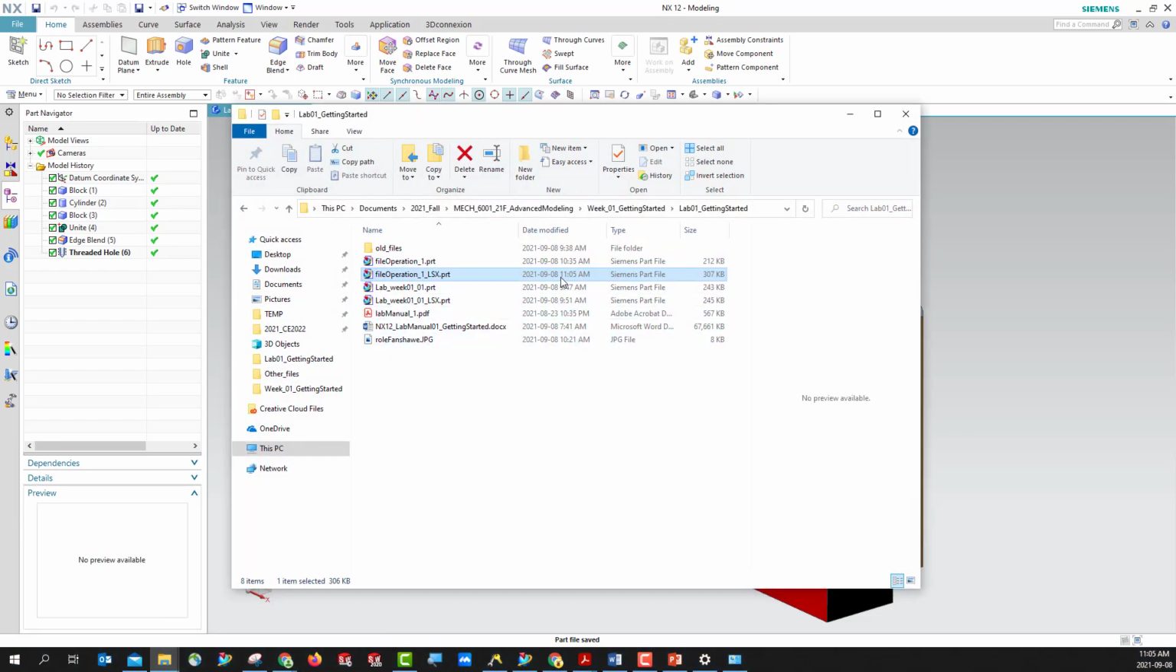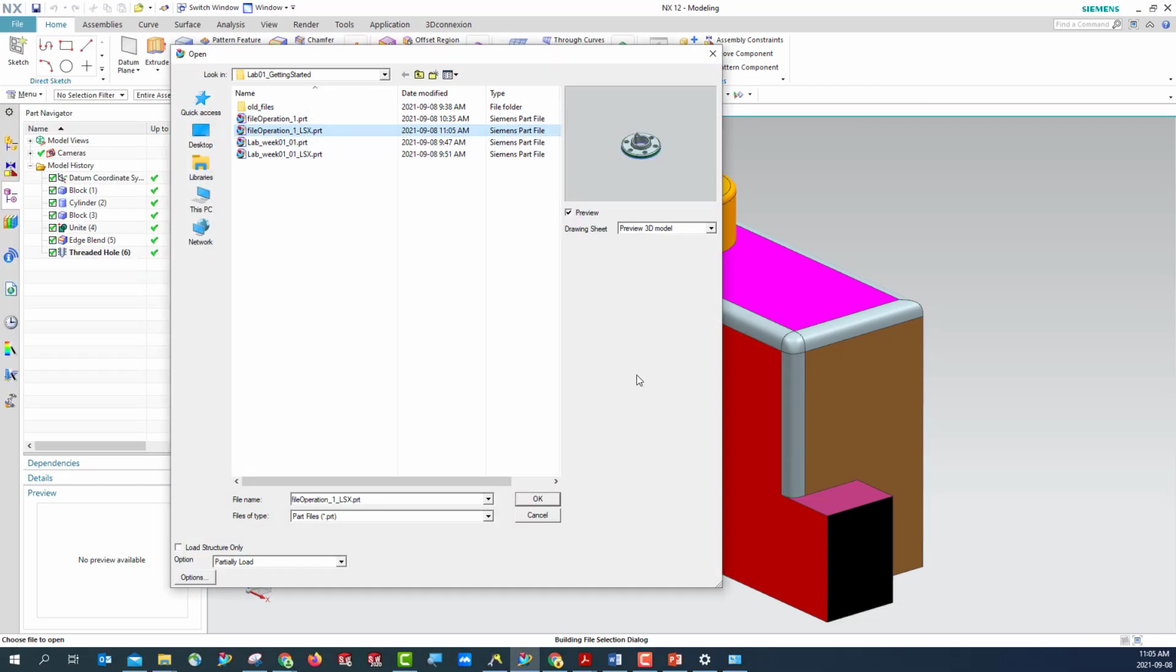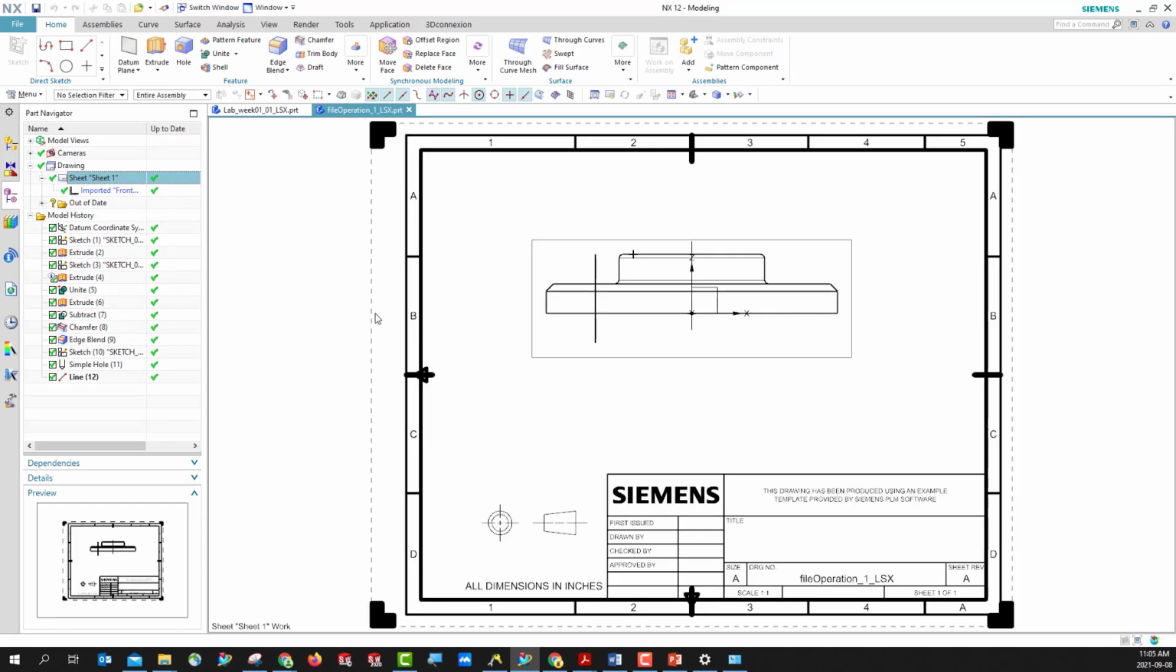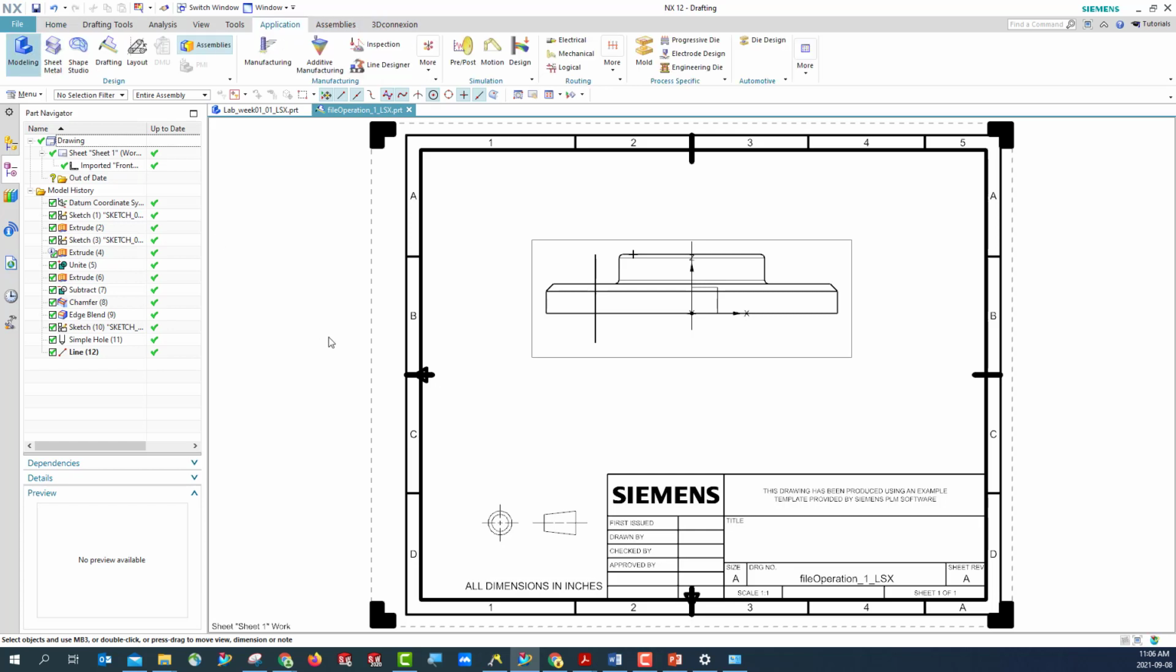You can see, all right? Then if we open this file again, hit OK, and you can see this drawing is being displayed here. Okay, so if we go back to modeling, application, model,